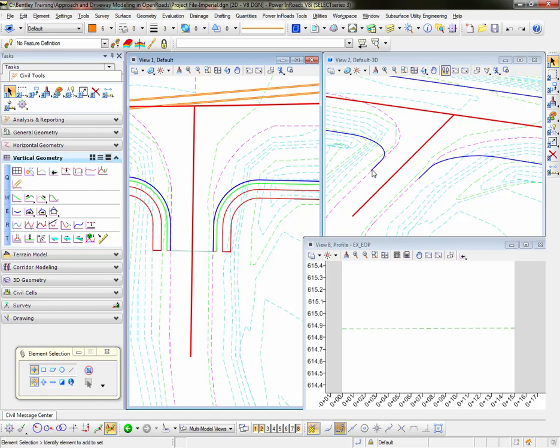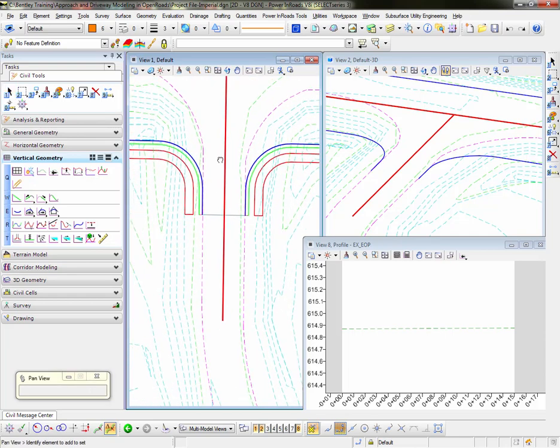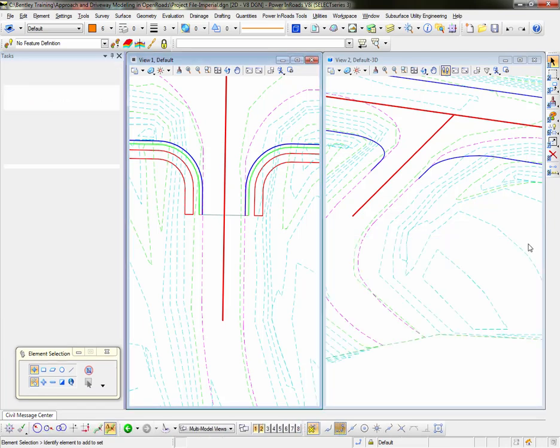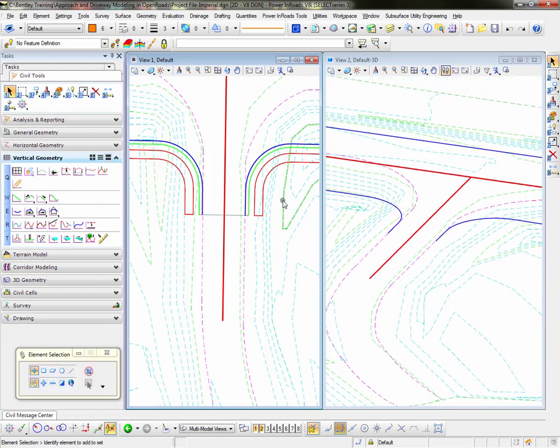Now, in the PDF file, let's look at page 12. Let's change the view here just a little. I'm going to close the profile view. So I'm going to just close view 8. What we want to do on page 12, and the next step, is create a match line